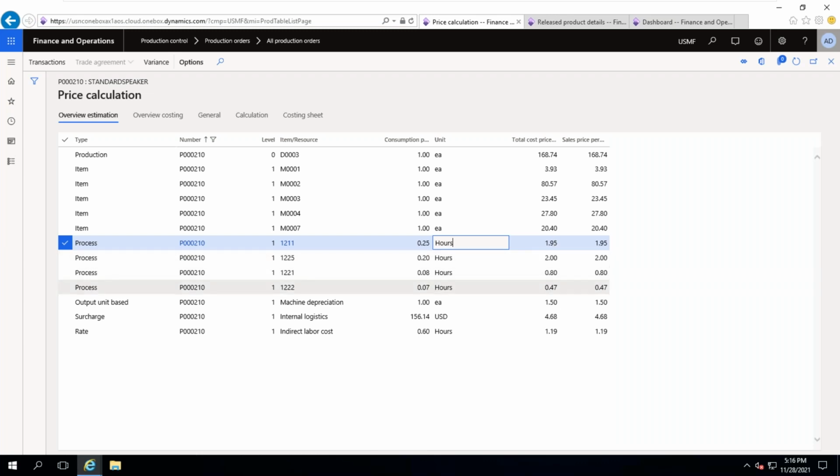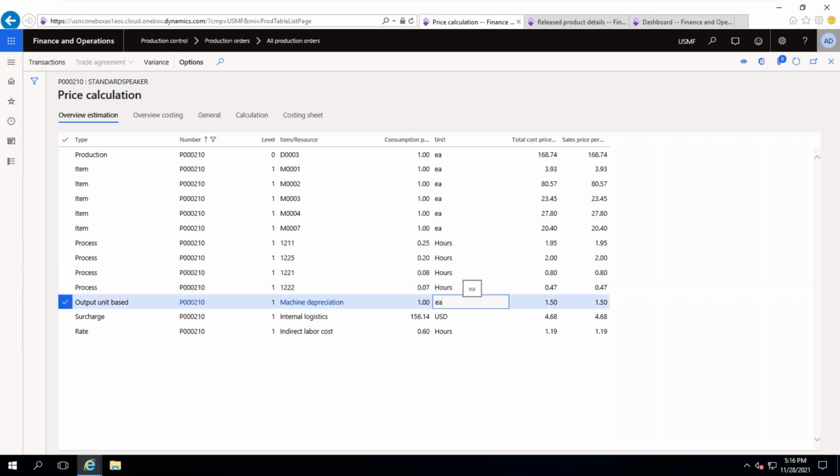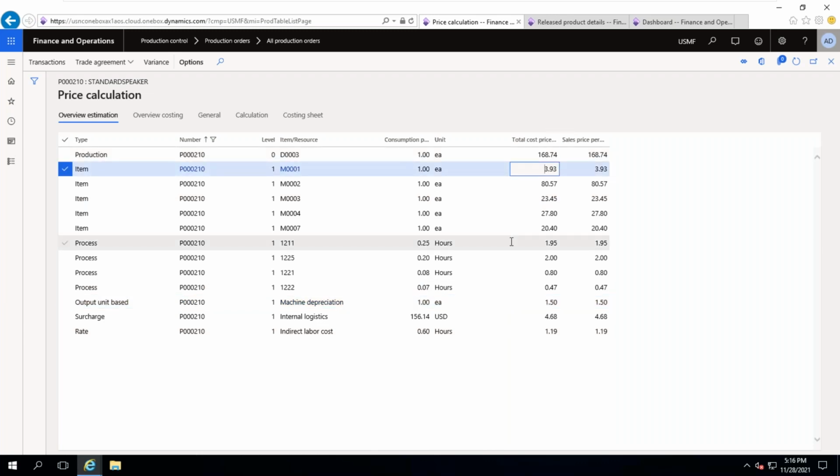This is the indirect cost through process, because people are doing some action like cutting or processing or packing, all those things. And indirect costs like electricity, machinery, surcharges, all these charges. Altogether the amount is 168.74, which is my cost price. Material cost and resource cost,